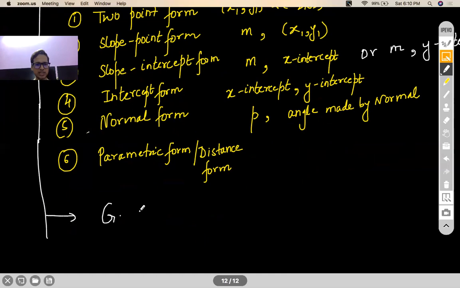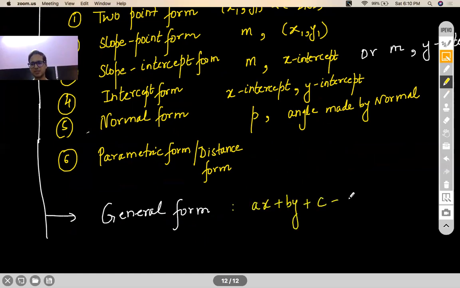General form doesn't require any kind of discussion. I can actually write it down over here. This is called the general form of any line. So any line equation, you will see will always have an x term, y term, and a constant. All need not be present. Now, I'll talk about it, don't worry. I'm just giving you an overview of it. We'll go into details. I'll talk about everything.